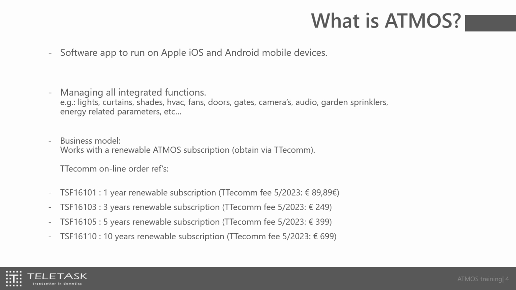So new with ATMOS is that there is not only a one-year renewable subscription, but there are 4 of them. So the customer can decide, okay, I want to limit my budget, and for example, a project developer who wants to offer smartphone control in his flats can say, okay, I will buy for my flat building an ATMOS subscription for 1 year for all my customers, and then after 1 year the customers can decide themselves whether they want